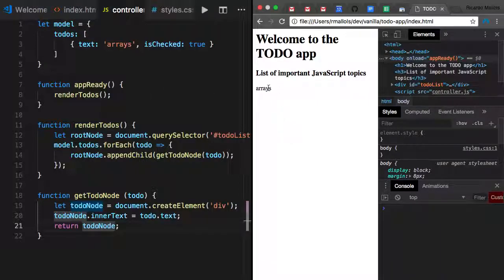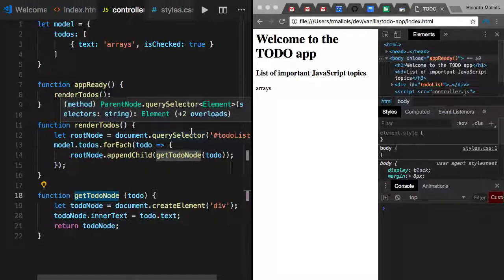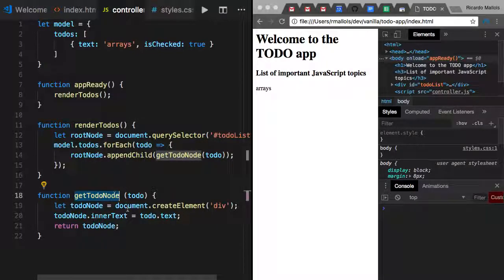But this is not what we want yet. This is very performant, but where is the checkbox? It's nowhere. So in reality, getTodoNode is a div with two elements inside of it. First, the checkbox, and then maybe a label or something to display the text, right? So getTodoNode, in reality,